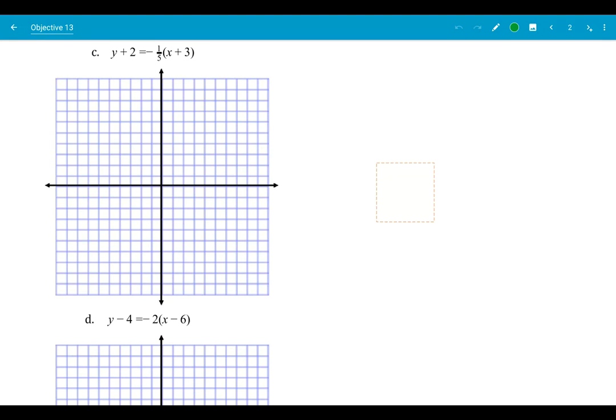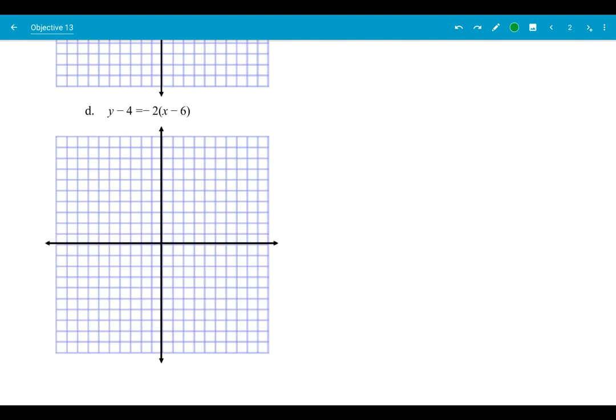Okay, so for C, the point that I would start at is (-3, -2), because that would make both sides 0. (-3, -2) is right there. I have a slope of -1/5. So that's going to look something along those lines. Down over here,